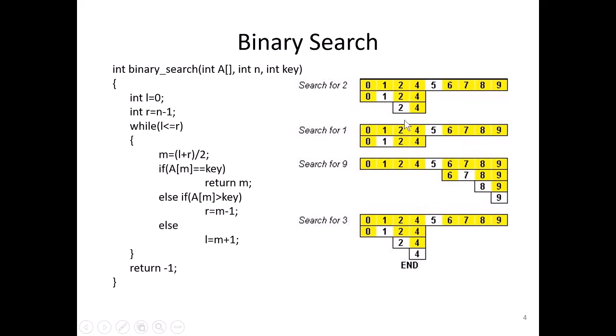So the mid value is a value which is available in the second position. Now compare with the key value, it is matched. So now you return the index as 2. 2 is available in the second position. So how many comparisons you made? One comparison, here one comparison, here one comparison. That is totally 3 comparisons you made.